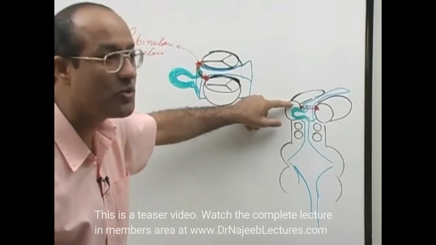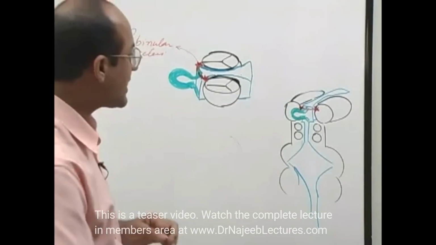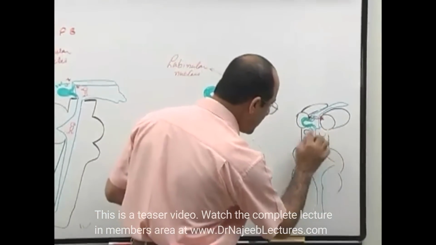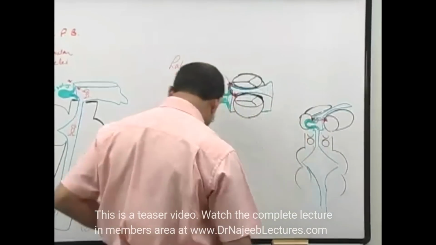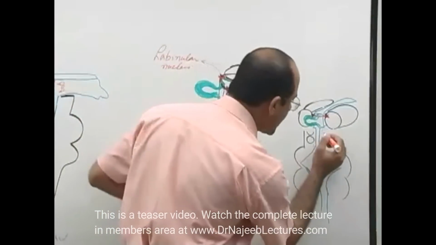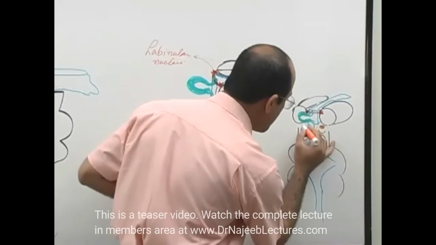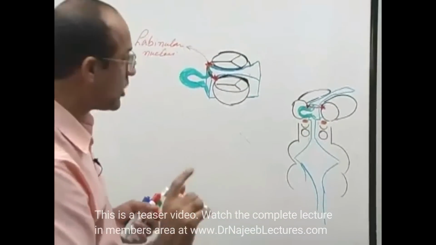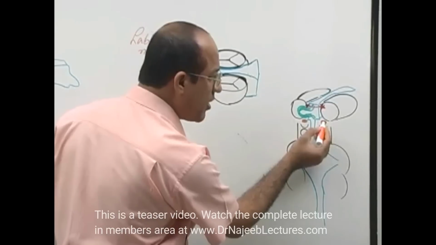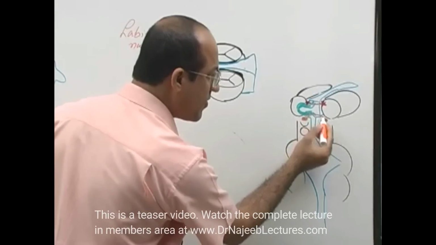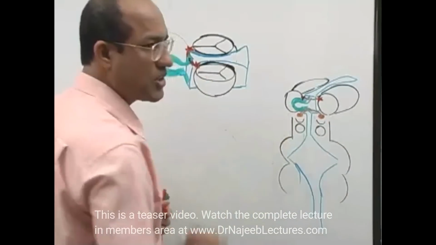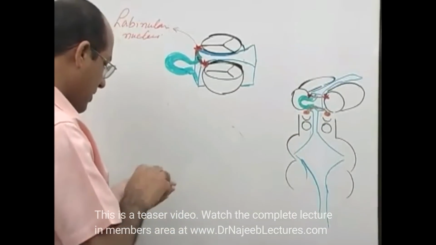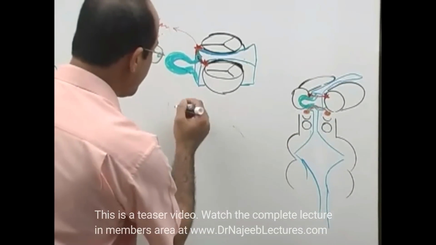So first I should tell you where is the posterior commissure. Actually, posterior commissure situation is in the midbrain. In the midbrain, here there's a pretectal nucleus. This is pretectal nucleus. From the pretectal nucleus, fibers are crossing. This is posterior commissure. It means if I draw midbrain here,